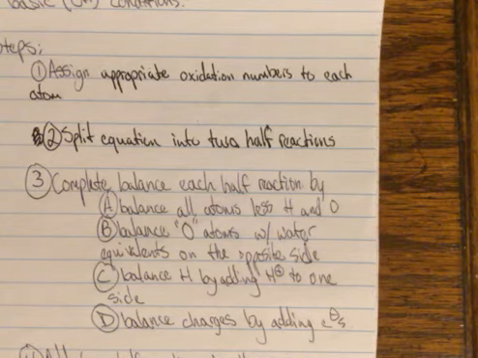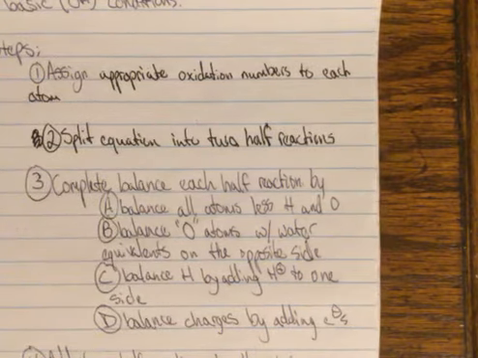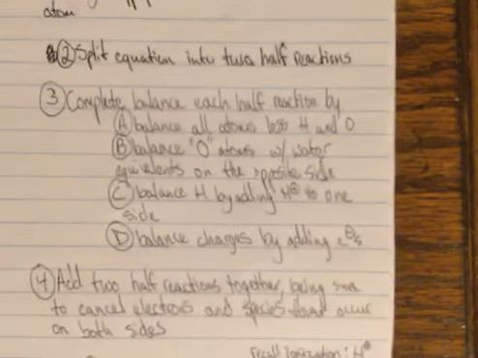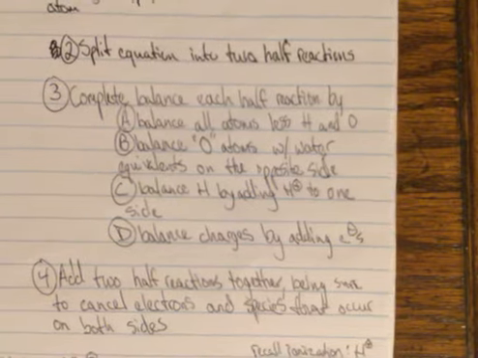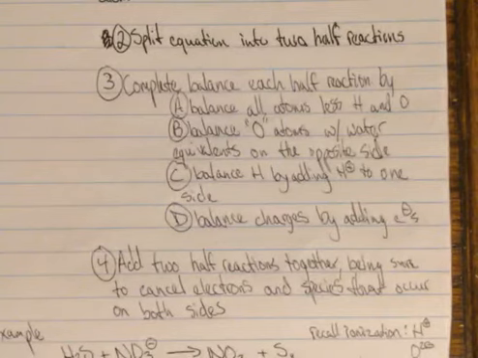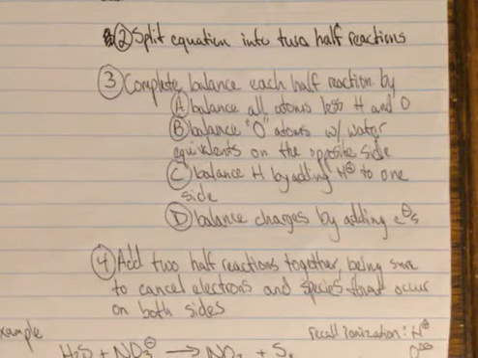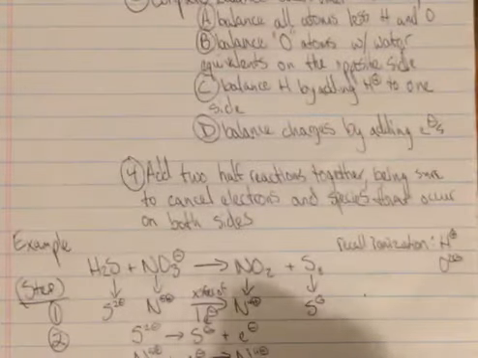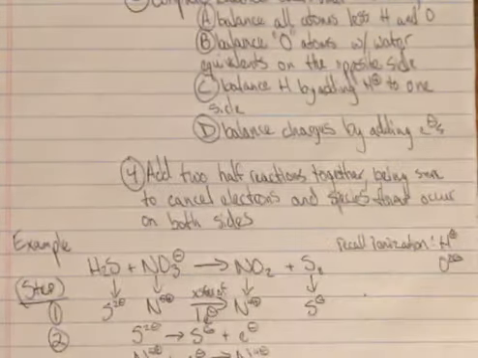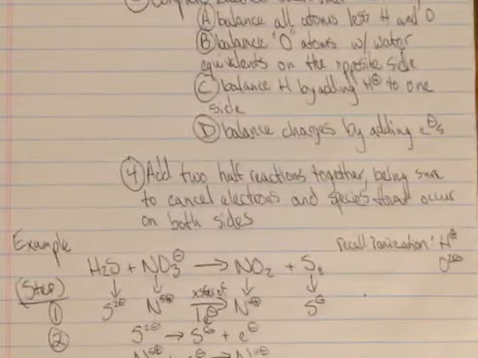Okay, so you'll notice from the first step essentially how many electrons are going to get transferred over. And then number 4, add the 2 half reactions together, being sure to cancel electrons and species that occur on both sides. Now, I have this one example for you. So just before we get started, remember that for the ionization for H+, since we're clearly going to be under acidic conditions here,